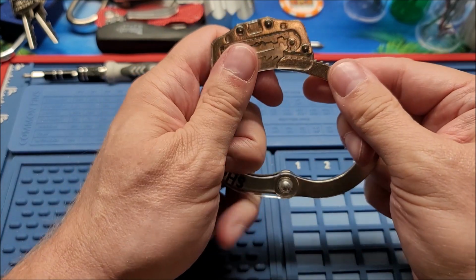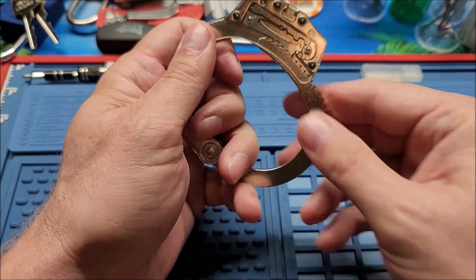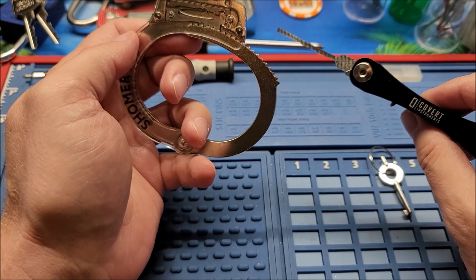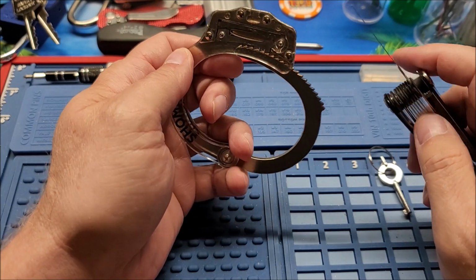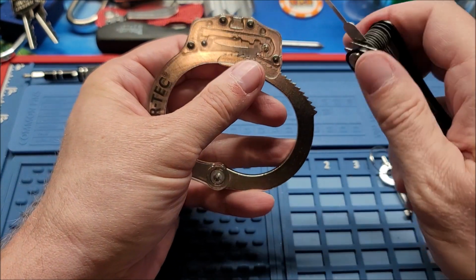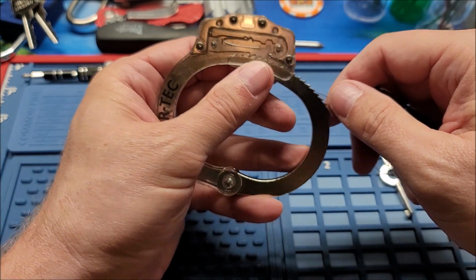So how do we shim it? How do we go about defeating these? Well, if you have the Covert Instruments Covert Companion, it's pretty simple. You just slide it in here,